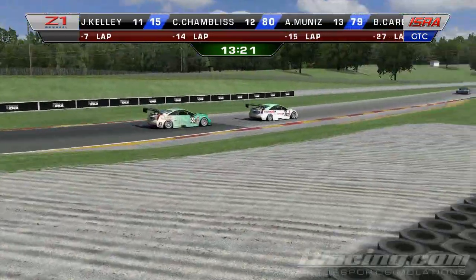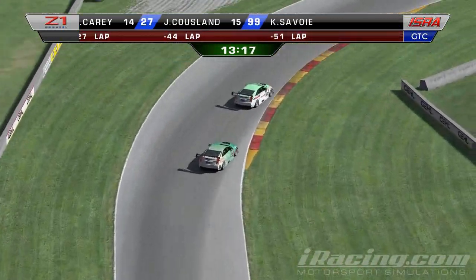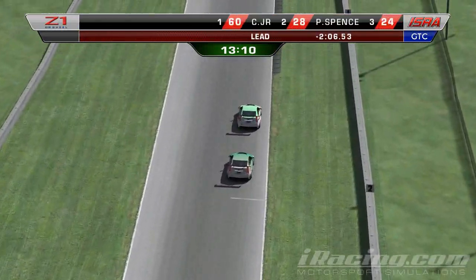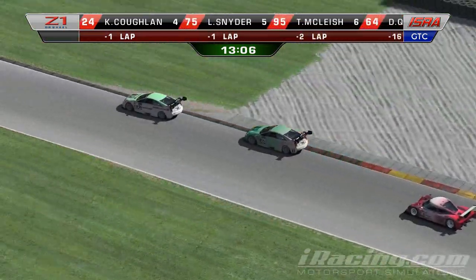Yeah, Mark Payne is really pushing hard now. You could see he did kind of pinch James Cullen in on turn 5 a little bit, not allowing him to get the slingshot out of the corner. And Mark Payne is having to drive very defensively right now. Let's see, as they head more towards the carousel,